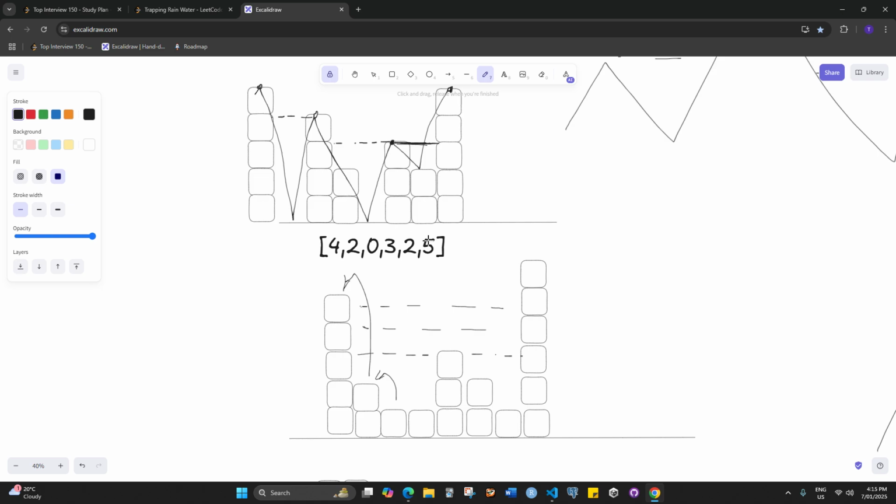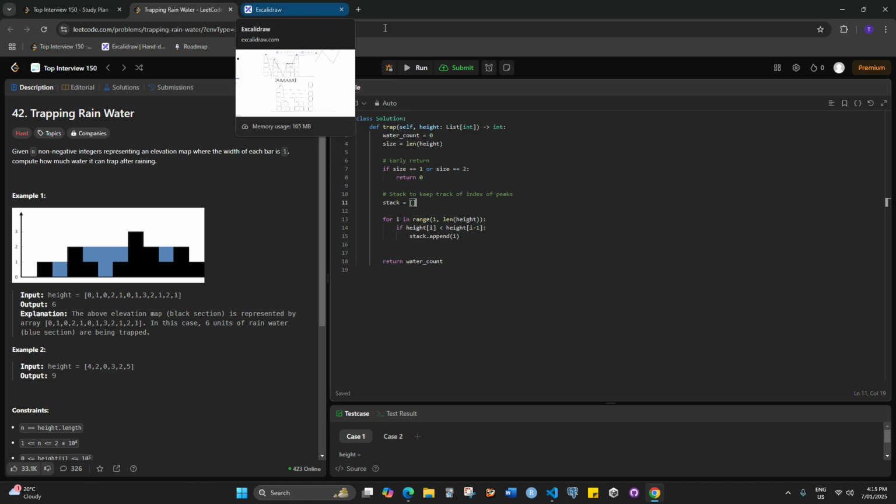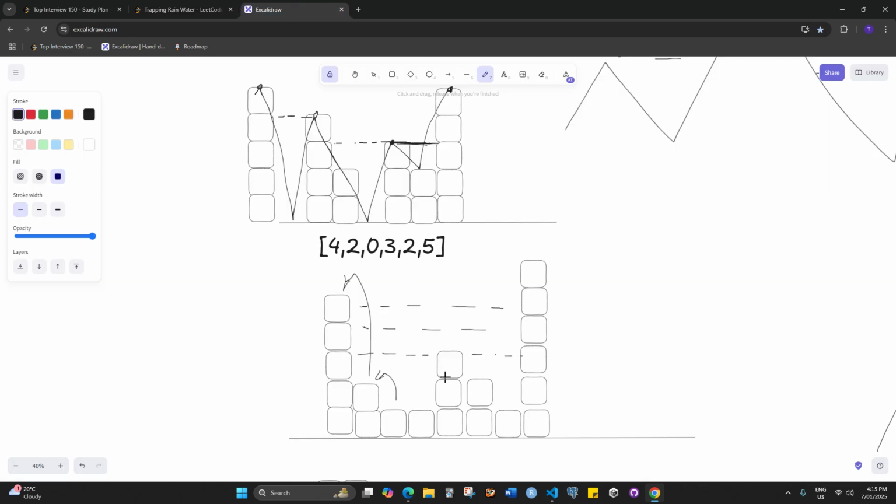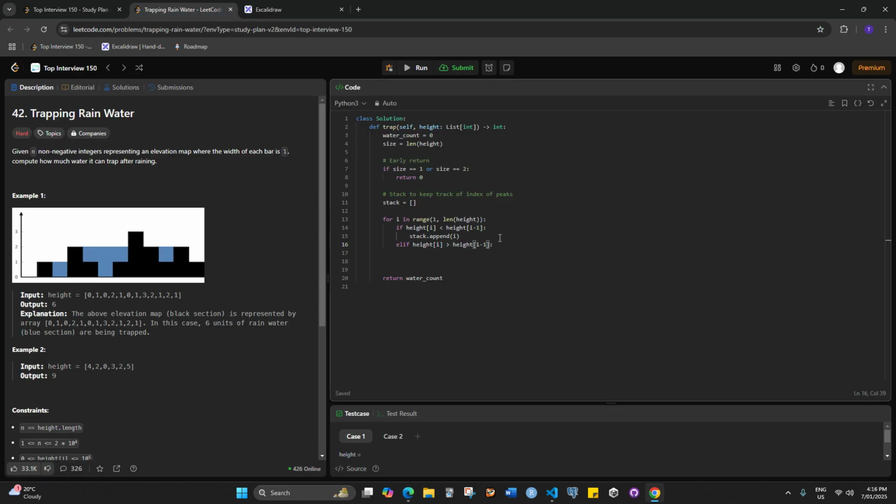We'll just keep it like this. If the height is greater, else if the height is greater than the height at the previous level, we do greater than or